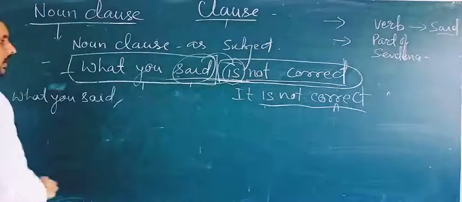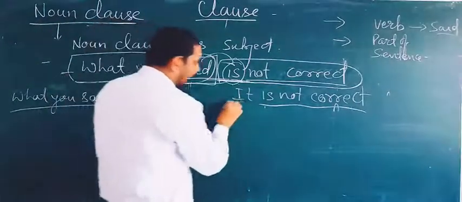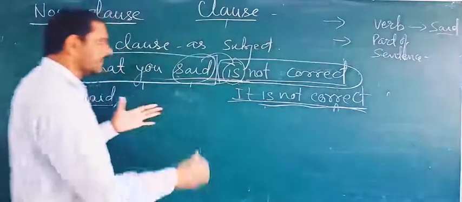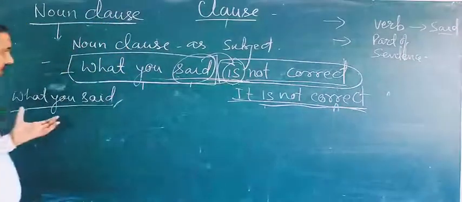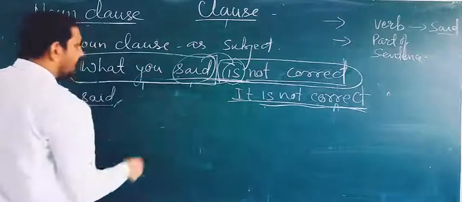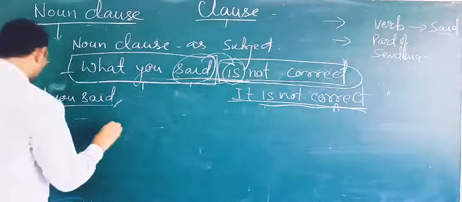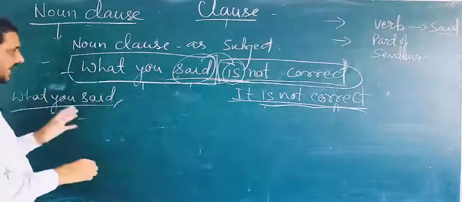Okay, these are two sentences: "What you said" and "it is not correct." These are two different sentences, and we connect the two sentences, making one sentence. Okay, so the sentence being, because you can say what you said,